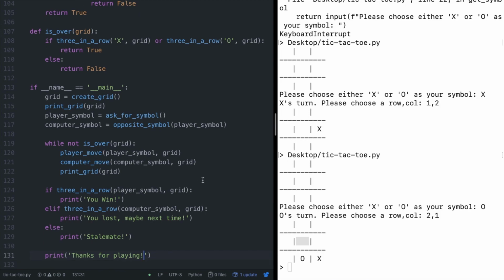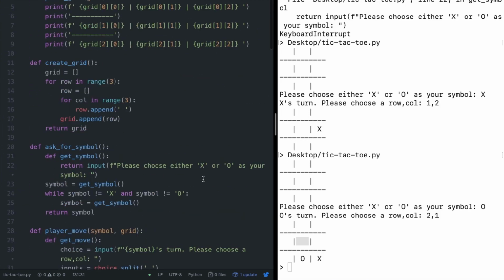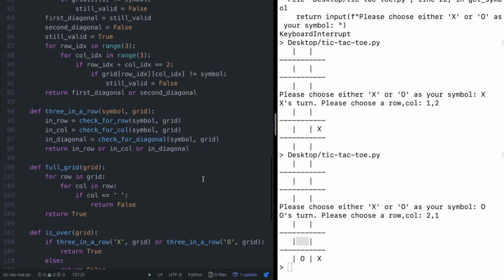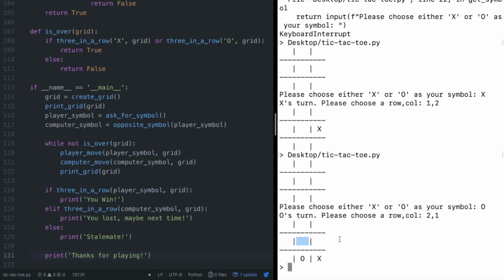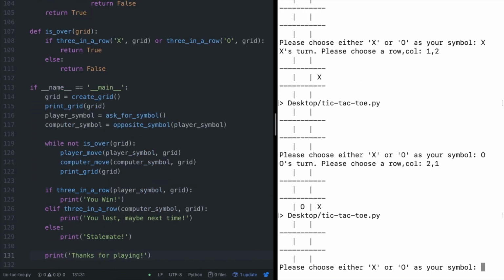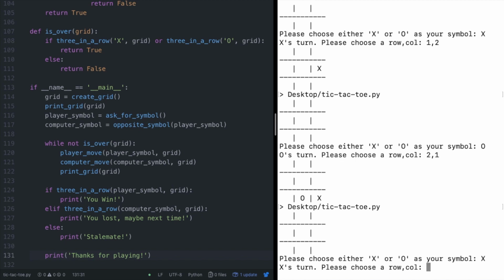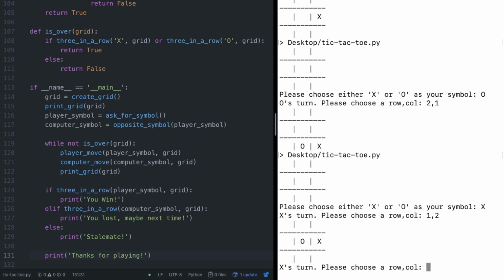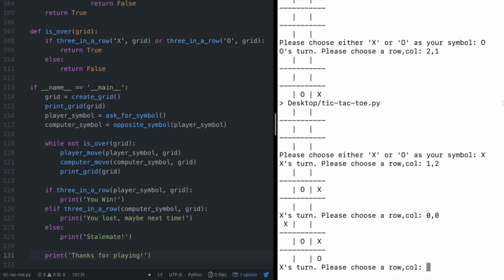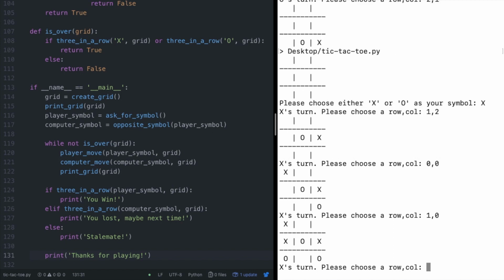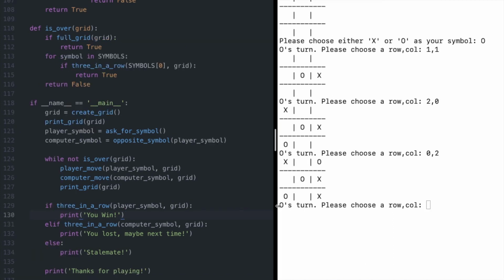So let's see how this works. I probably have some errors in here that you may have noticed while I was typing it out. So let's test out our program. Please choose X row, X. Please choose row column 1, 2. Okay, let's try 0, 0. Okay, let's try 1, 0. All right, 0, 1, and you'll notice that the game should be over because there's 3 O's in this second